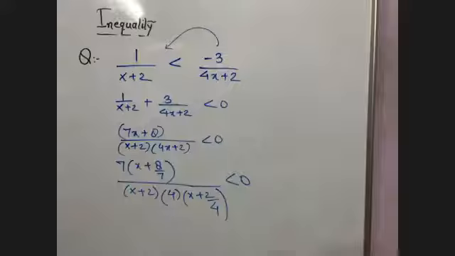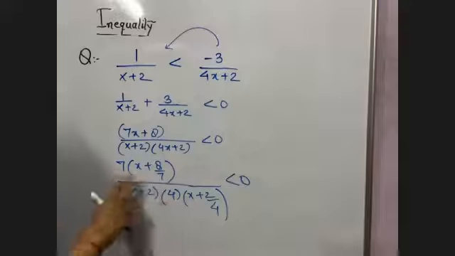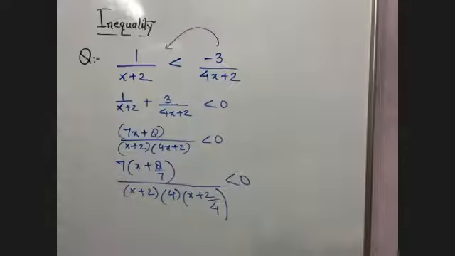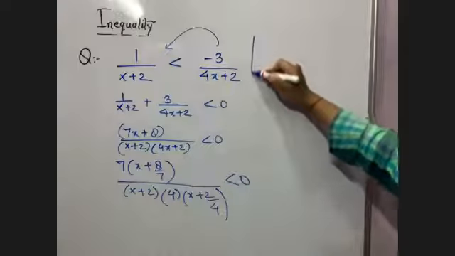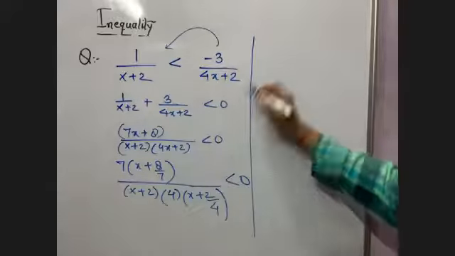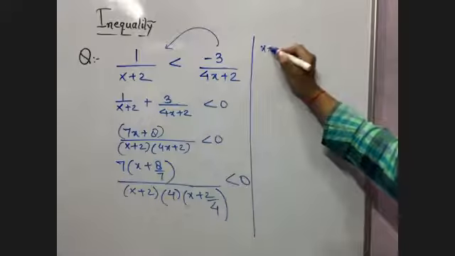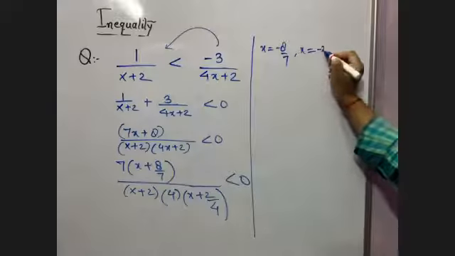Now, I have told you, you can remove a positive number while solving. So remove this. Now put every factor equal to 0. What I'm getting from here: x is equal to minus 8 by 7, x is equal to minus 2,